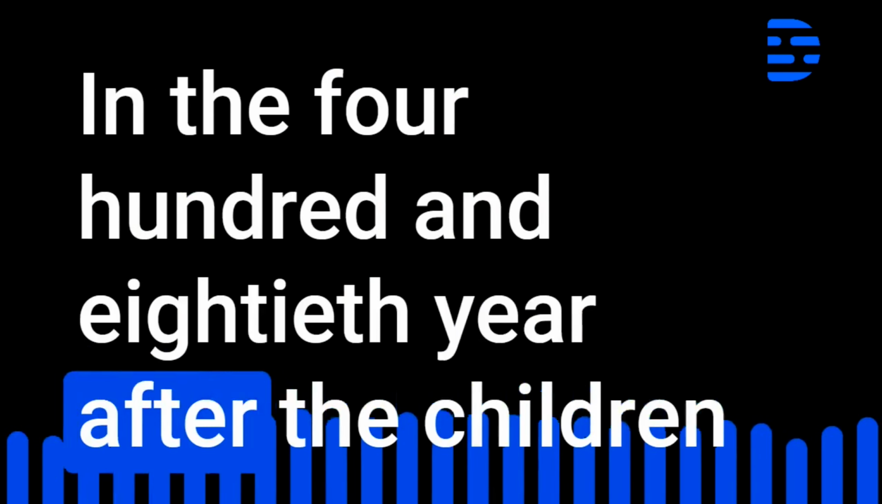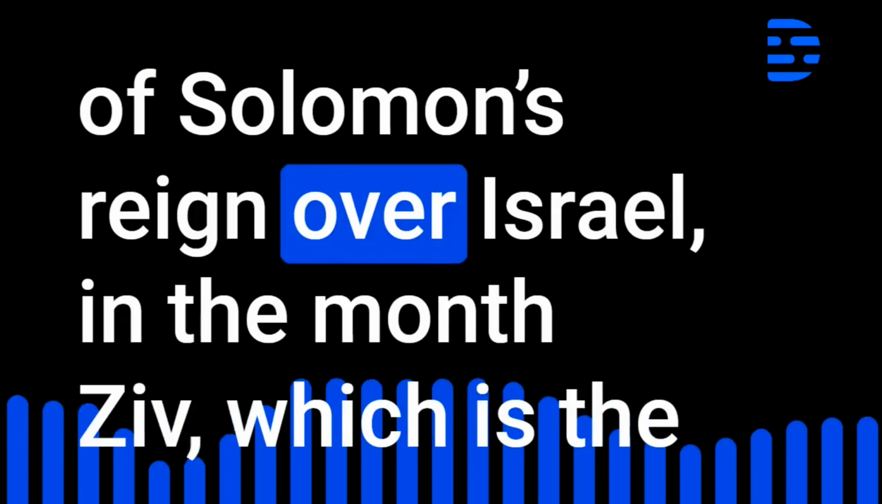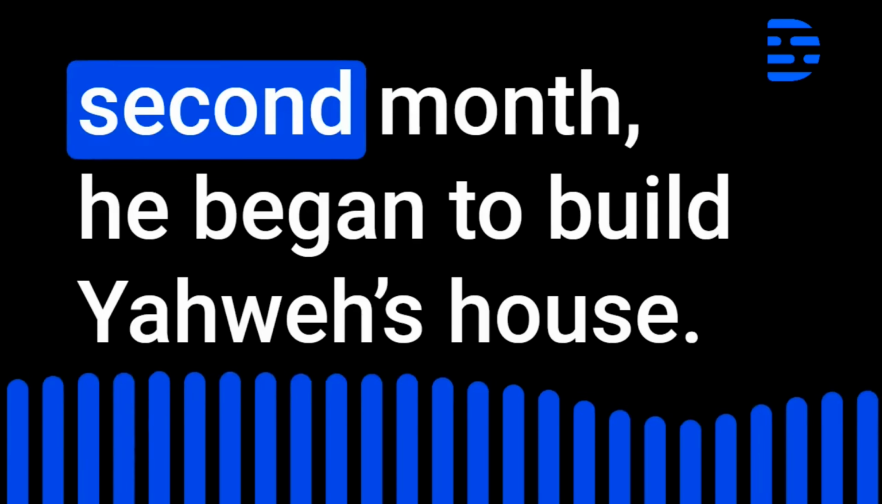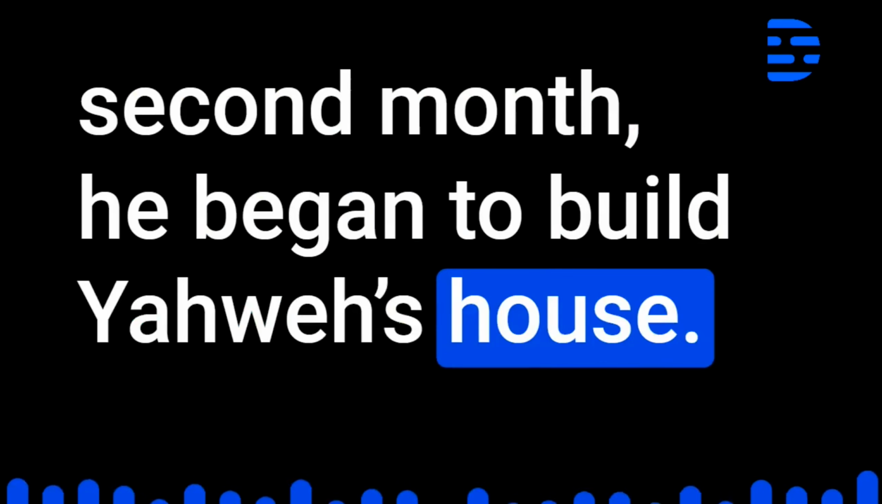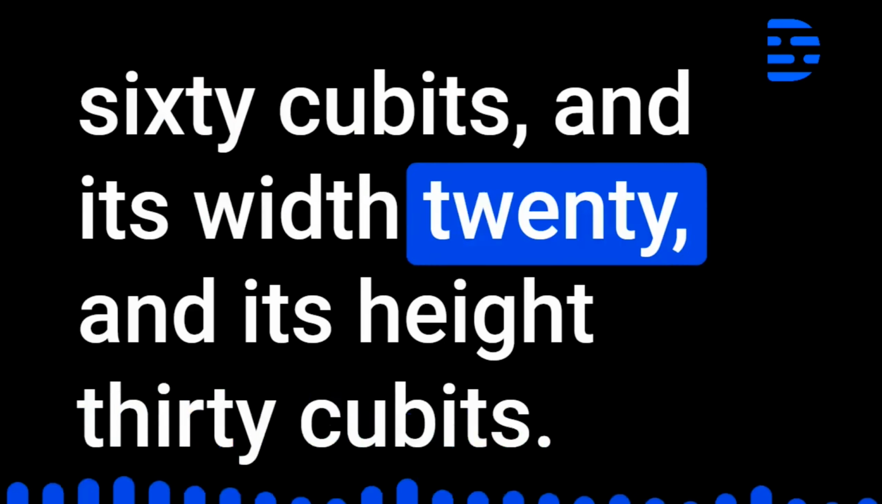1 Kings chapter 6. In the 480th year after the children of Israel had come out of the land of Egypt, in the 4th year of Solomon's reign over Israel, in the month Sib, which is the 2nd month, he began to build Yahweh's house. The house which King Solomon built for Yahweh had a length of 60 cubits, and its width 20, and its